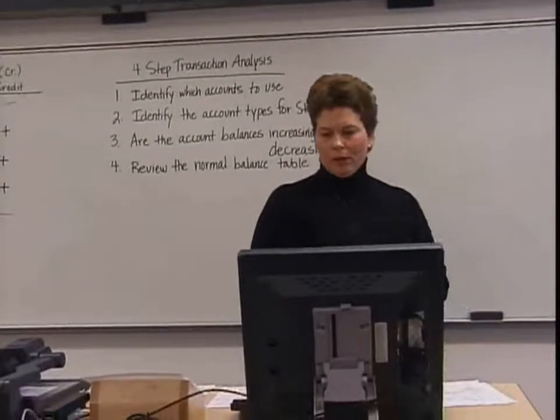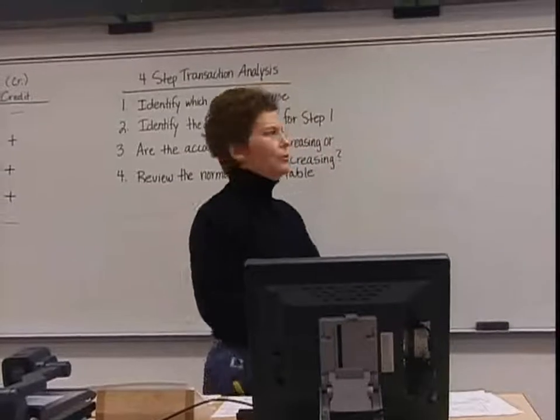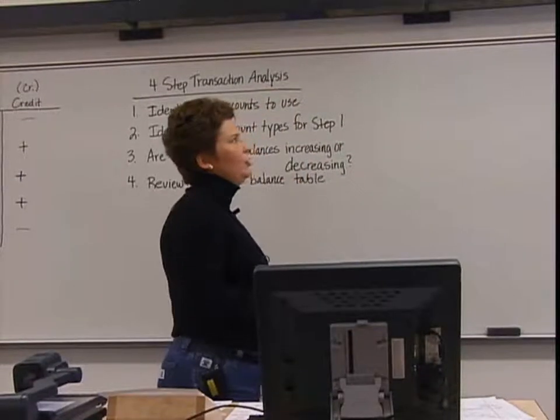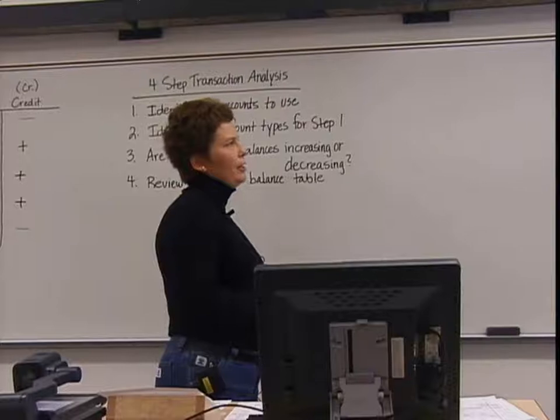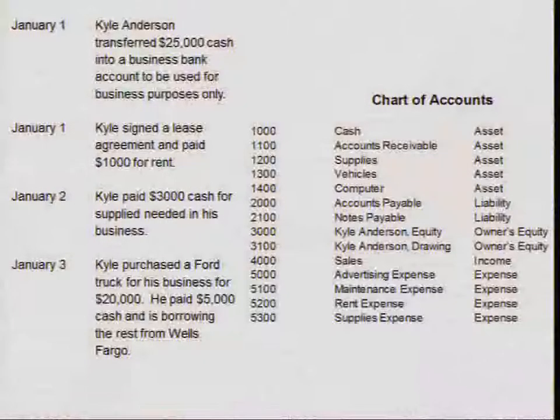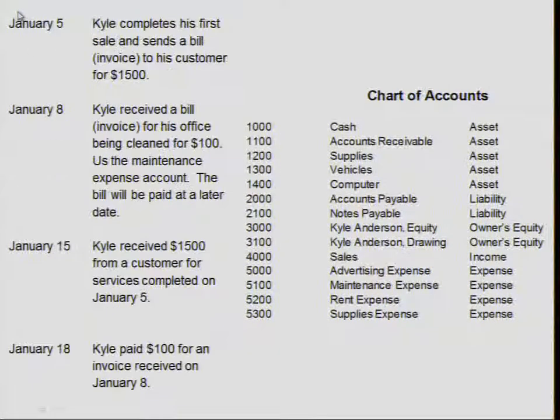At this point, we are going to go ahead and we are going to actually do the transactions that are listed here. We're going to again start with January of the current year, and we're going to assume that Kyle Anderson is going to set up this business on January 1st. So what I'm going to do is I'm going to read through the transaction, and again we are on January 1, and we are going to use the chart of accounts